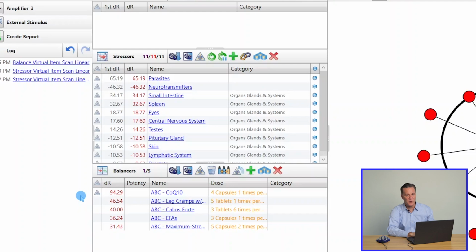Again, another benefit of manual scanning is that we can run the balancers one at a time to see the impact that they have on the stressors, and then run it again with another balancer, and so on. This gives you a higher level of customization, and you don't have to necessarily choose all of these items to rescan. All right, so let's go ahead and select this top balancer, and we'll run the rescan here by going